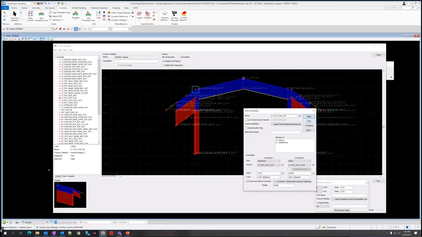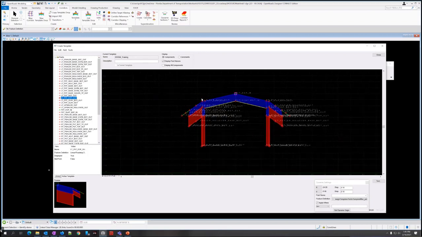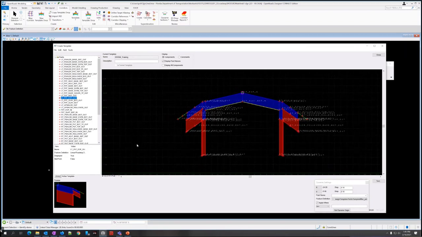I'm going to apply that. Well, actually, not to the origin, but it's in the left direction of that origin. So it's 1 foot to the left of this parent point, the constraint. Apply that, close it. That finishes step 11 and 12. We just need some end conditions in here, for the slope to tie down.